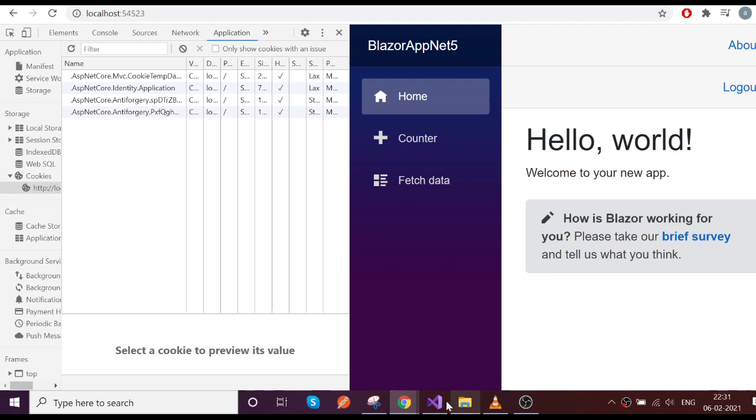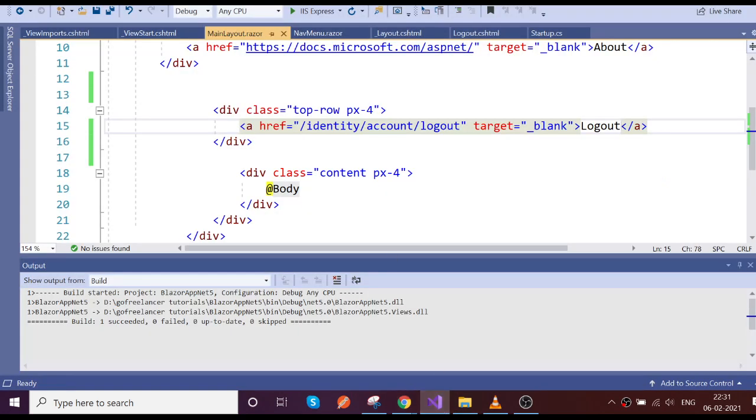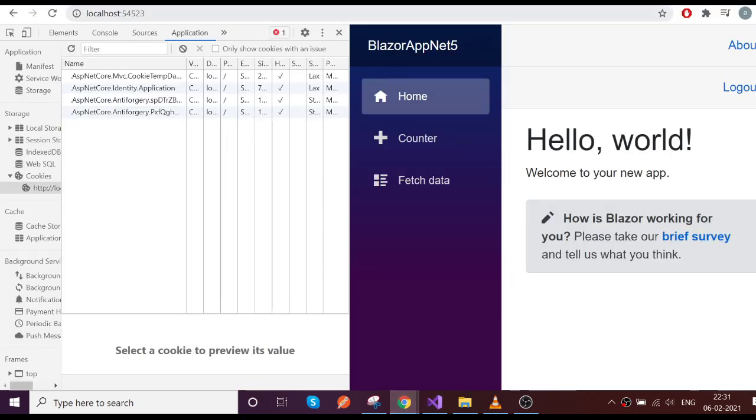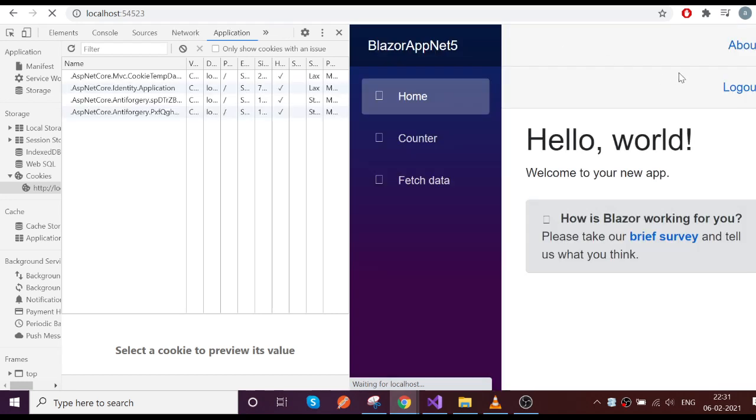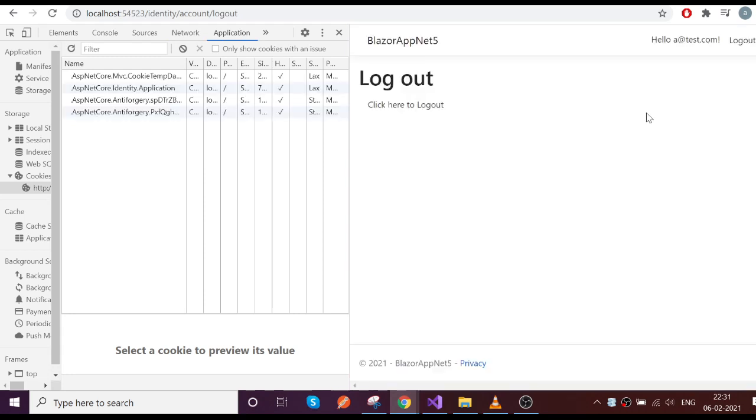Sorry, it opened in a new tab. Okay, let's run that. Just wait until the server reconnects. Okay, fine. Now I click the logout, and it's taking me to the logout page.